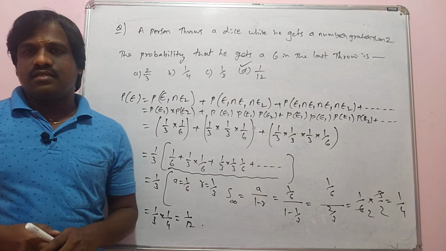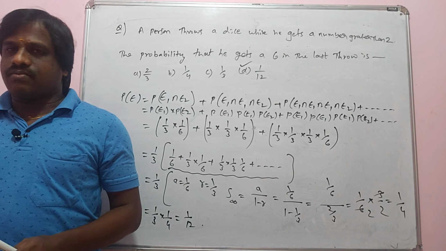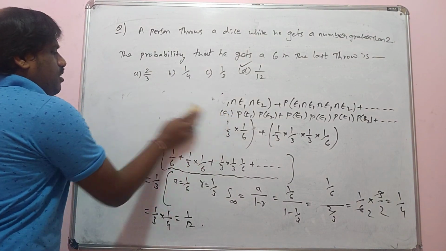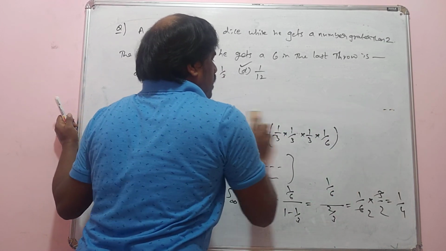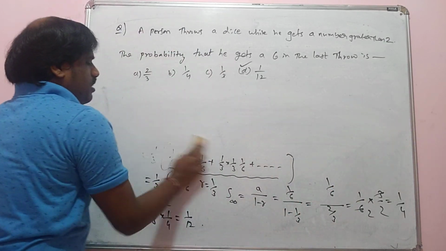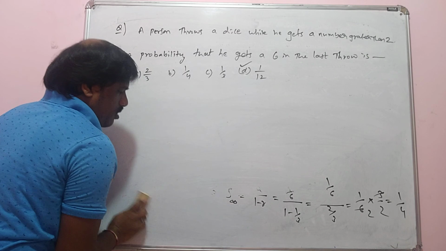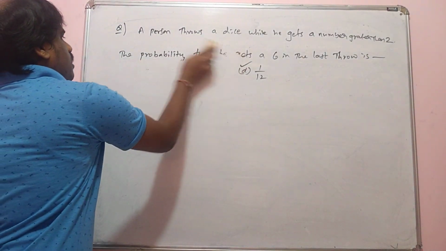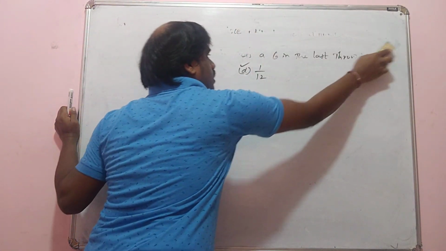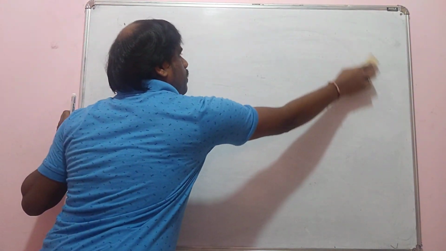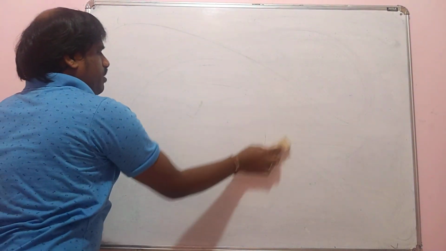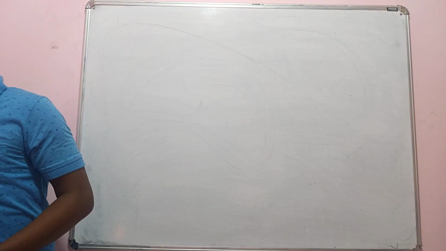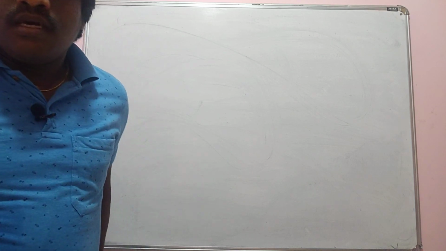Hope you understand this. If you do not understand, just message me and I will re-explain. This is the only method we can use; this is the right process. In the next lecture, I will explain total probability questions and we will move on to the Bayes theorem. Hope you understand, dear students. Is it clear?